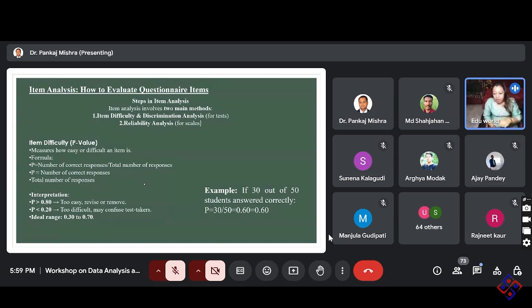But when you are going for an attitude scale or perception, or, as you said, whether the machines are working or not based on tolerance, because I'm not from a science background, if you want to test that, item difficulty will not work. So based on your research tool, you have to standardize the thing. We will come to the attitude scale later, because for an attitude scale we can't standardize it with the help of item difficulty or discrimination analysis.